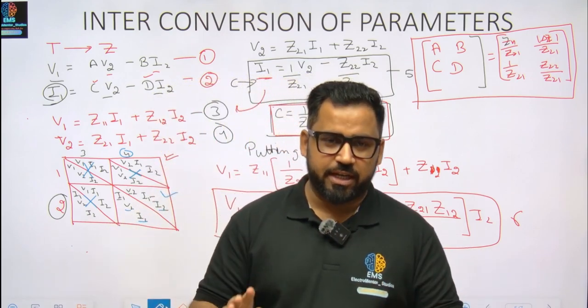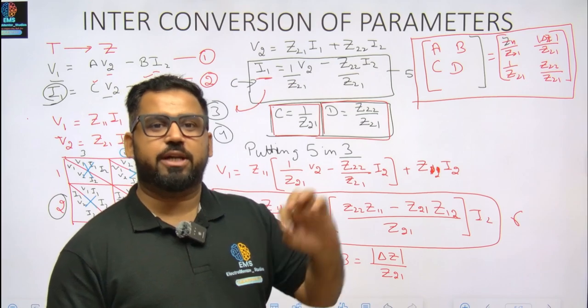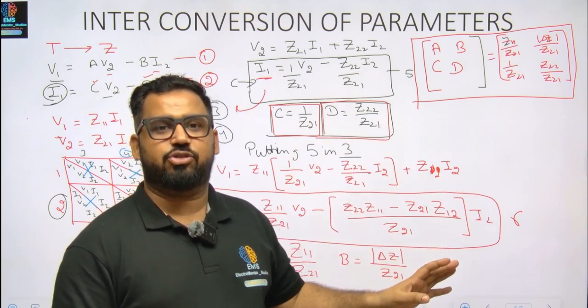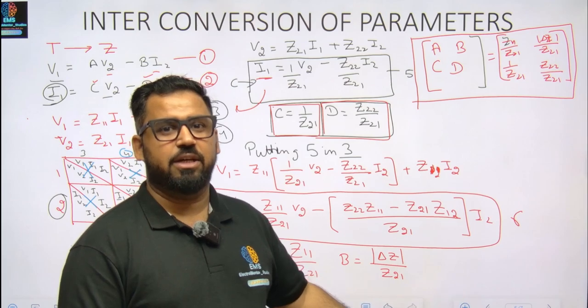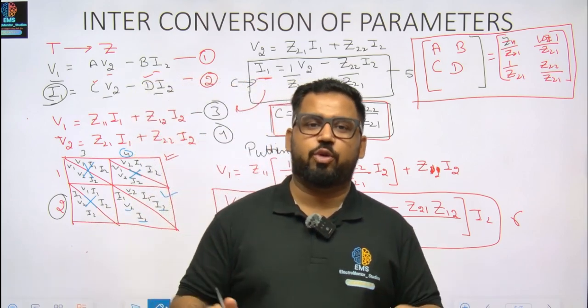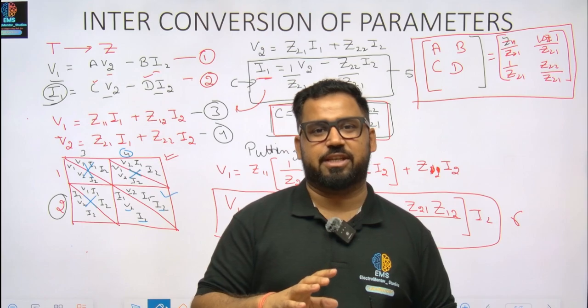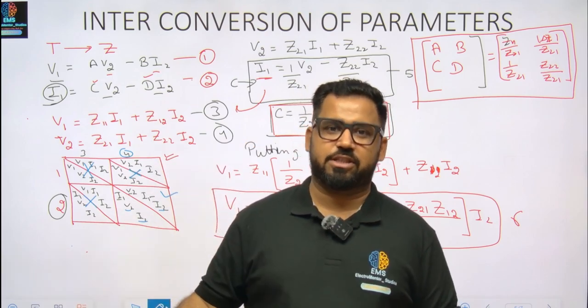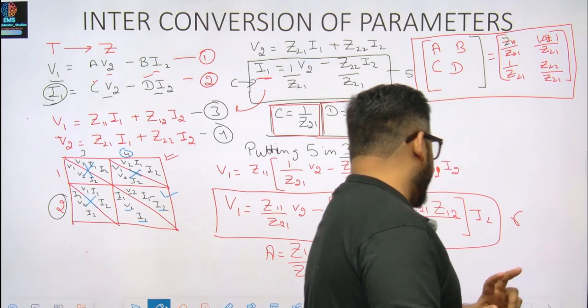ऑल 24. क्लियर एवरीवन? और अगर आपको सबको करना है, आप इवन इनिशियल वाली कन्वर्जन्स को भी देखोगे तब भी यही आंसर आएगा. इफ यू डोंट हैव टू रिमेंबर, इफ यू डोंट इवन वांट टू रिमेंबर कि इनवर्स ऑफ मैट्रिक्स किस किस का निकालना है, आप सारी कन्वर्जन्स इससे कर सकते हैं. नाउ मूविंग अहेड,